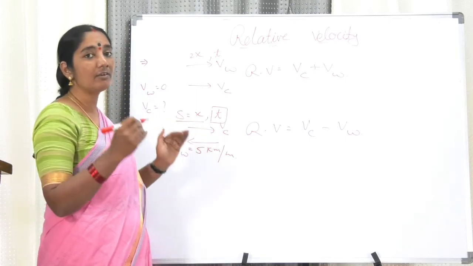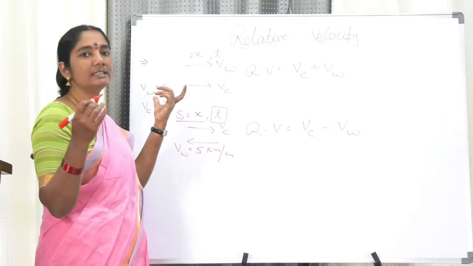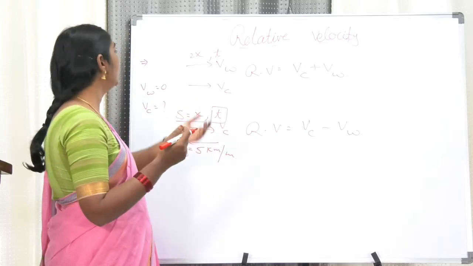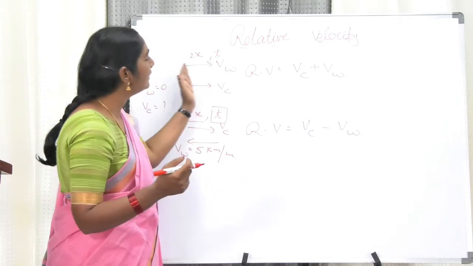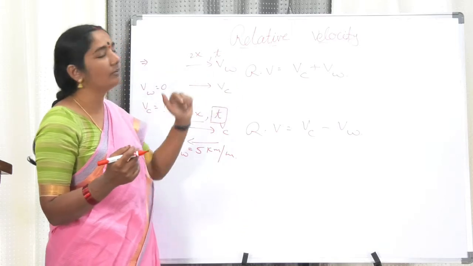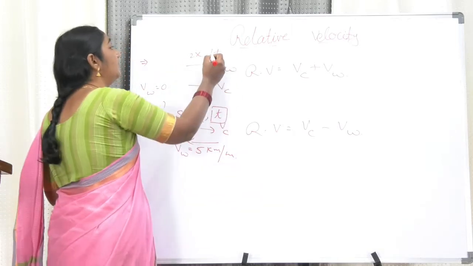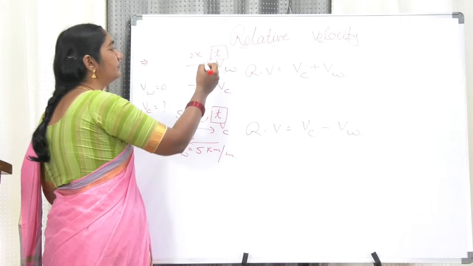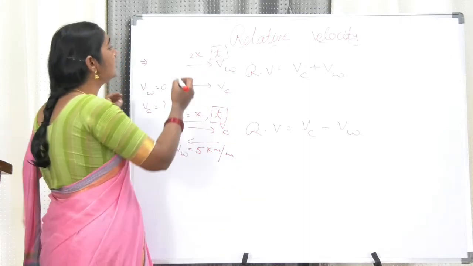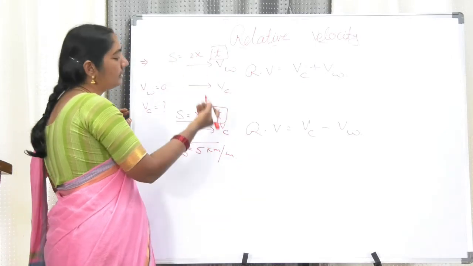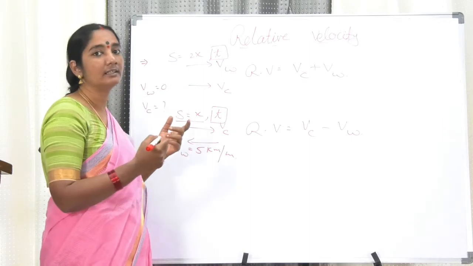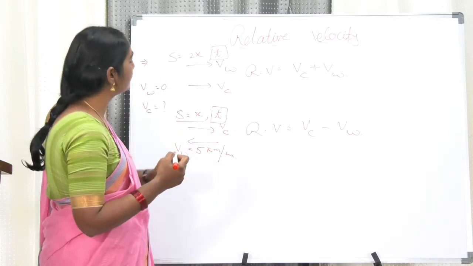The distance covered by the cyclist is some distance that is x. Now, in the next case, if the cyclist is cycling along the direction of the wind, in the same time, which is the same in both the cases, he is able to cover a distance double that of the previous case, meaning 2x.